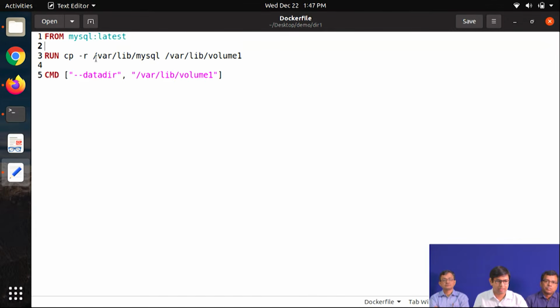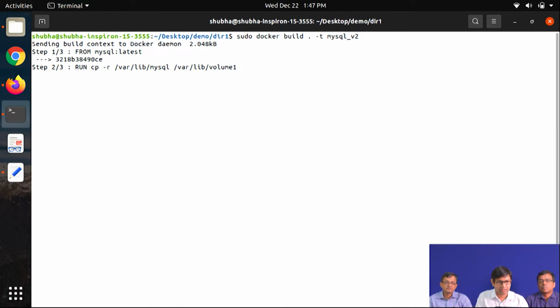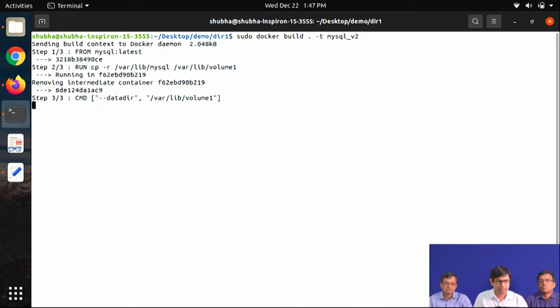The data directory is given by default, but we need a custom data directory so that we can keep the data persistent. That is why we are building a Docker image on top of this MySQL image, specifying the customized directory, and we will be using this new image. So it is building the Dockerfile. Right, this is the last step.